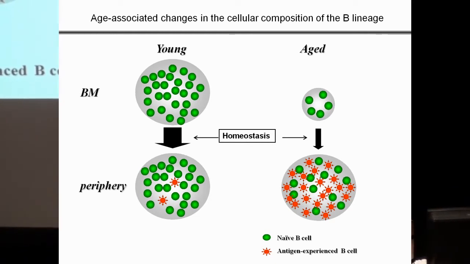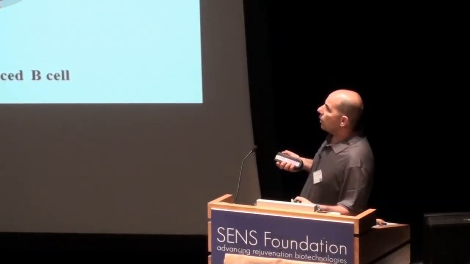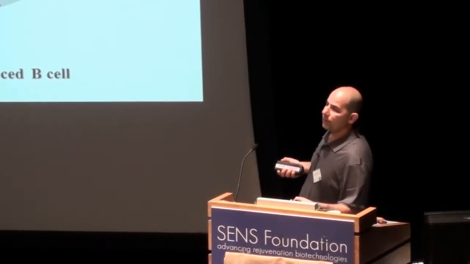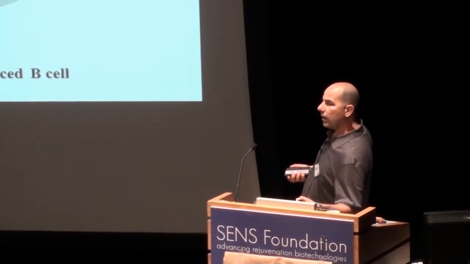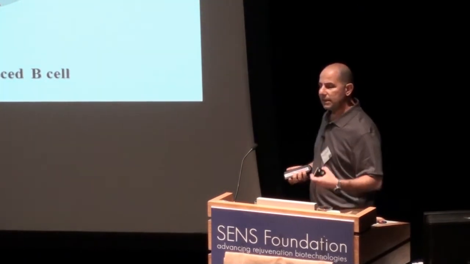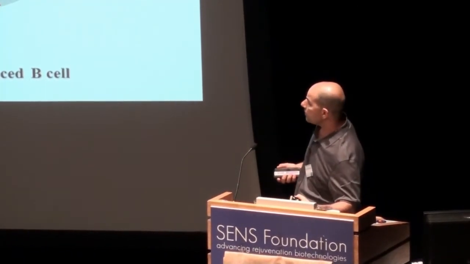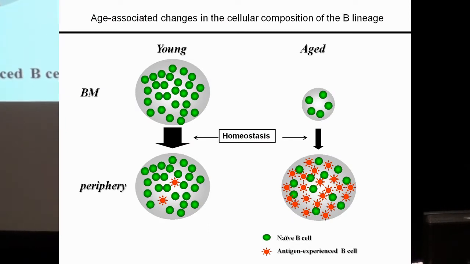However, while facing pathogens, slowly you accumulate more and more memory B cells. These are shown in red. Memory B cells are long-lived, and they by themselves can undergo some proliferation. Now, because of homeostatic forces, the size of the B cell pool in the periphery doesn't change with age. So the increased frequency of the memory cells comes at the expense of the naive B cells